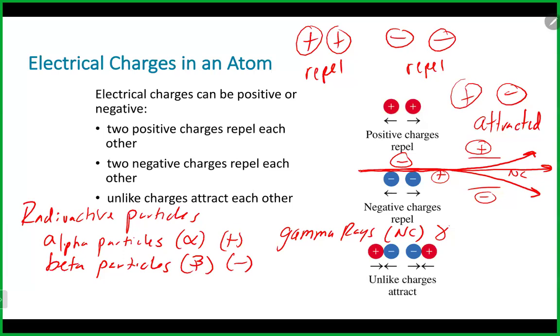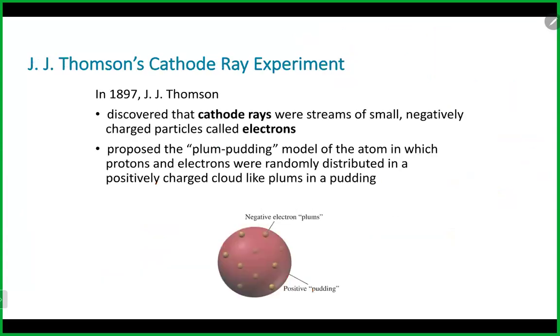A magnetic field works the same way. It has a north pole and a south pole, kind of the same deal. It'll bend those things. So a lot of those things were used to understand the nature of an atom when they were investigating the atom. And probably the first thing that was investigated was actually electrons. And the development of the cathode ray tube allowed